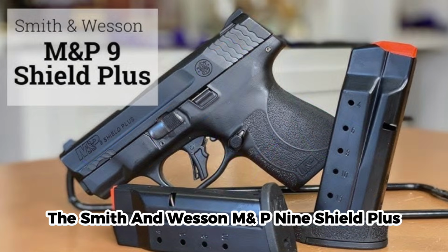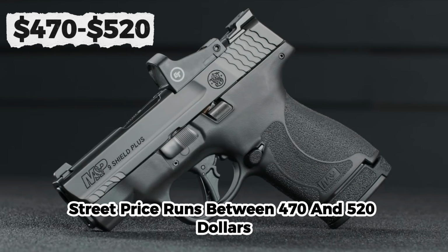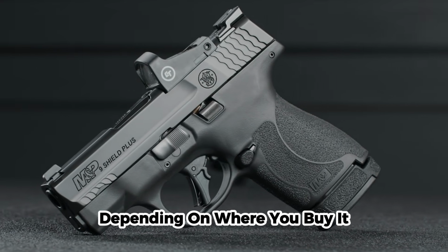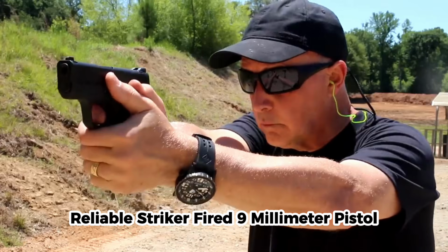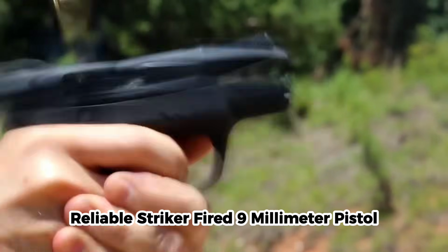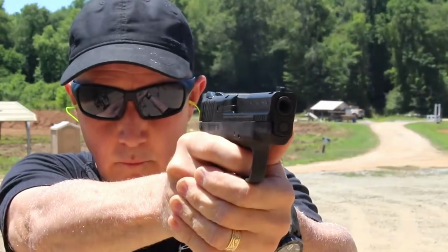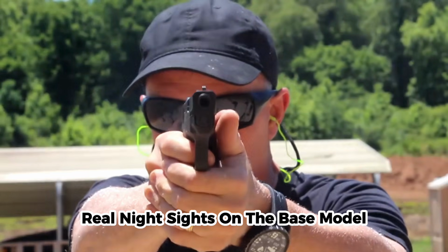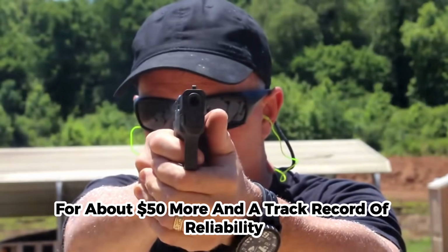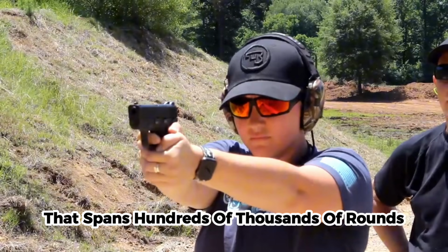any other. The Smith & Wesson M&P9 Shield Plus. Street price runs between $470 and $520, depending on where you buy it. For that money, you get a slim, reliable, striker-fired 9mm pistol with a 13-round extended magazine and a 10-round flush-fit magazine. It has a clean trigger, a manageable grip, real night sights on the base model if you buy the Performance Center variant for about $50 more, and a track record of reliability that spans hundreds of thousands of rounds